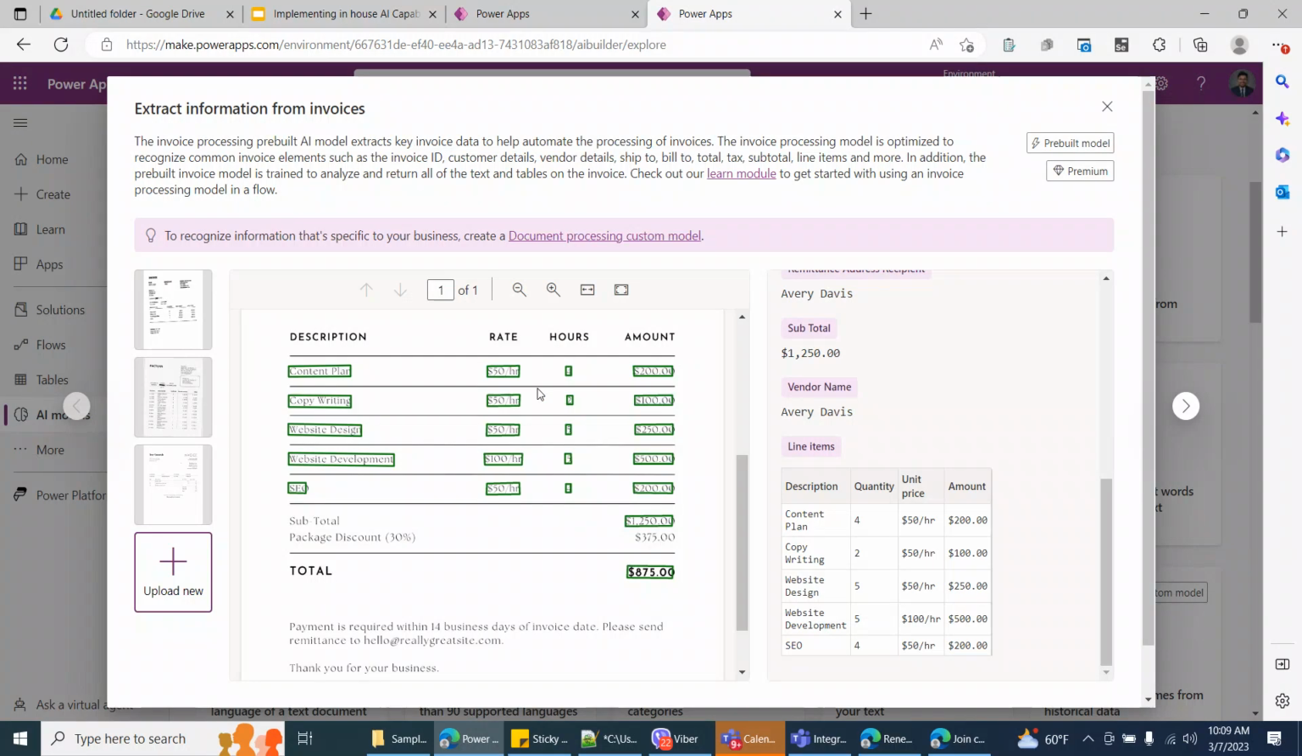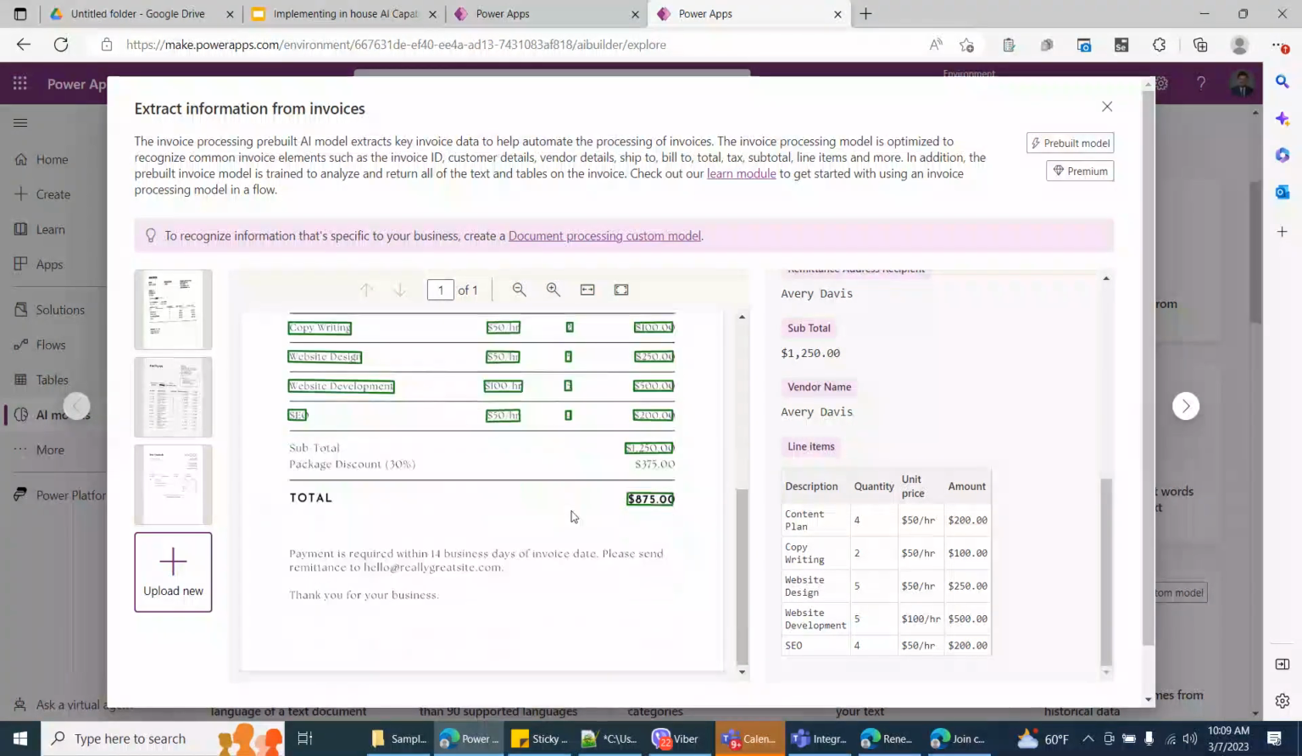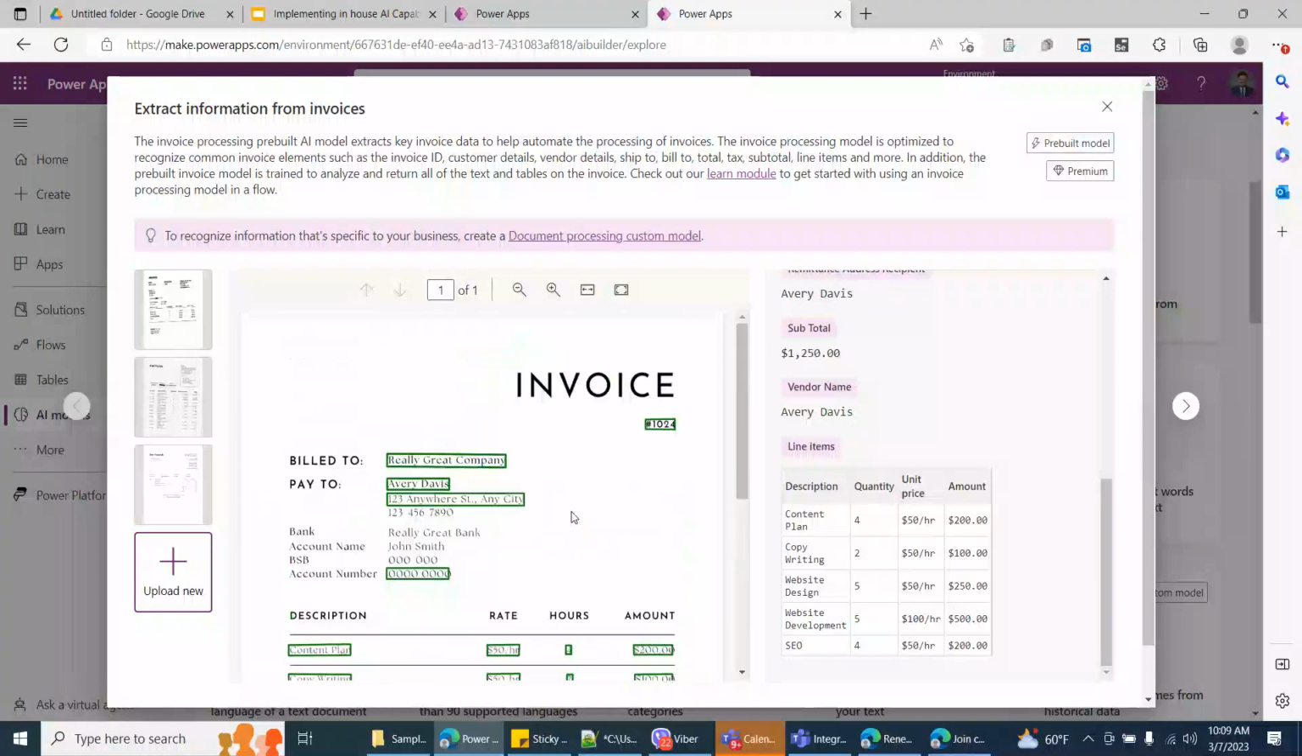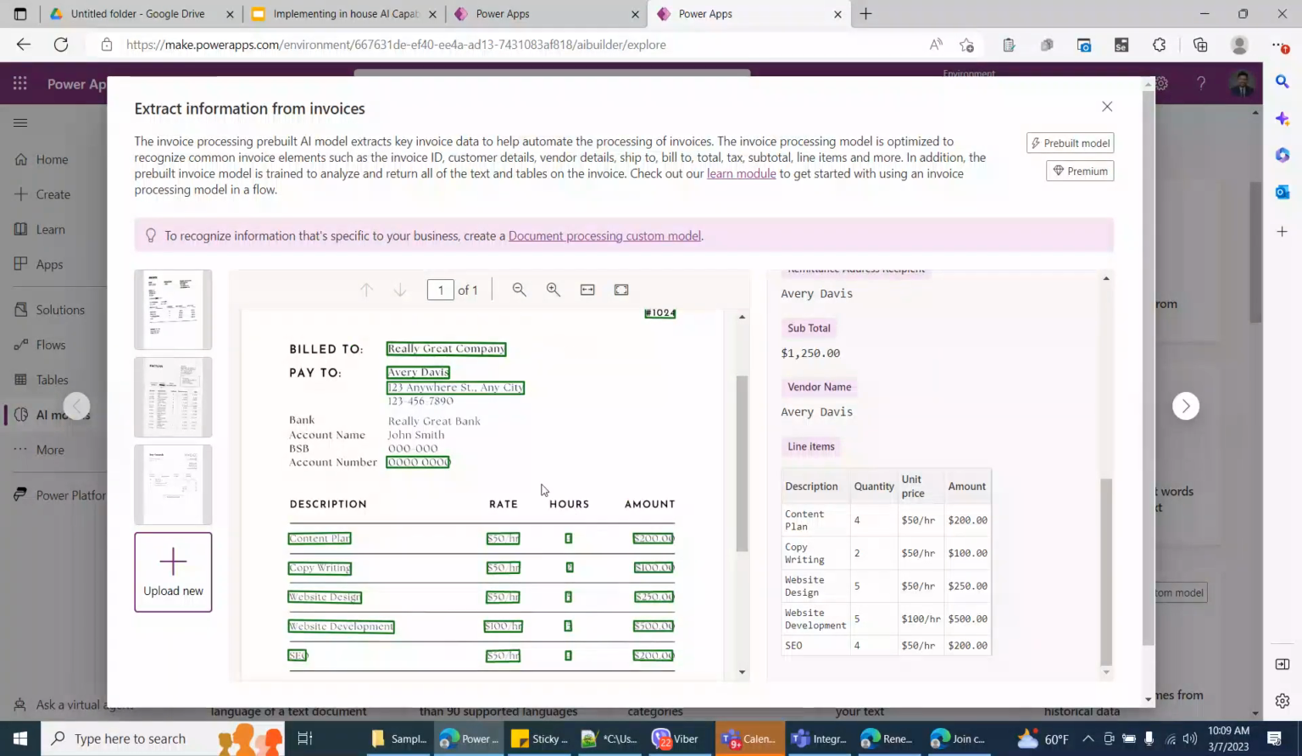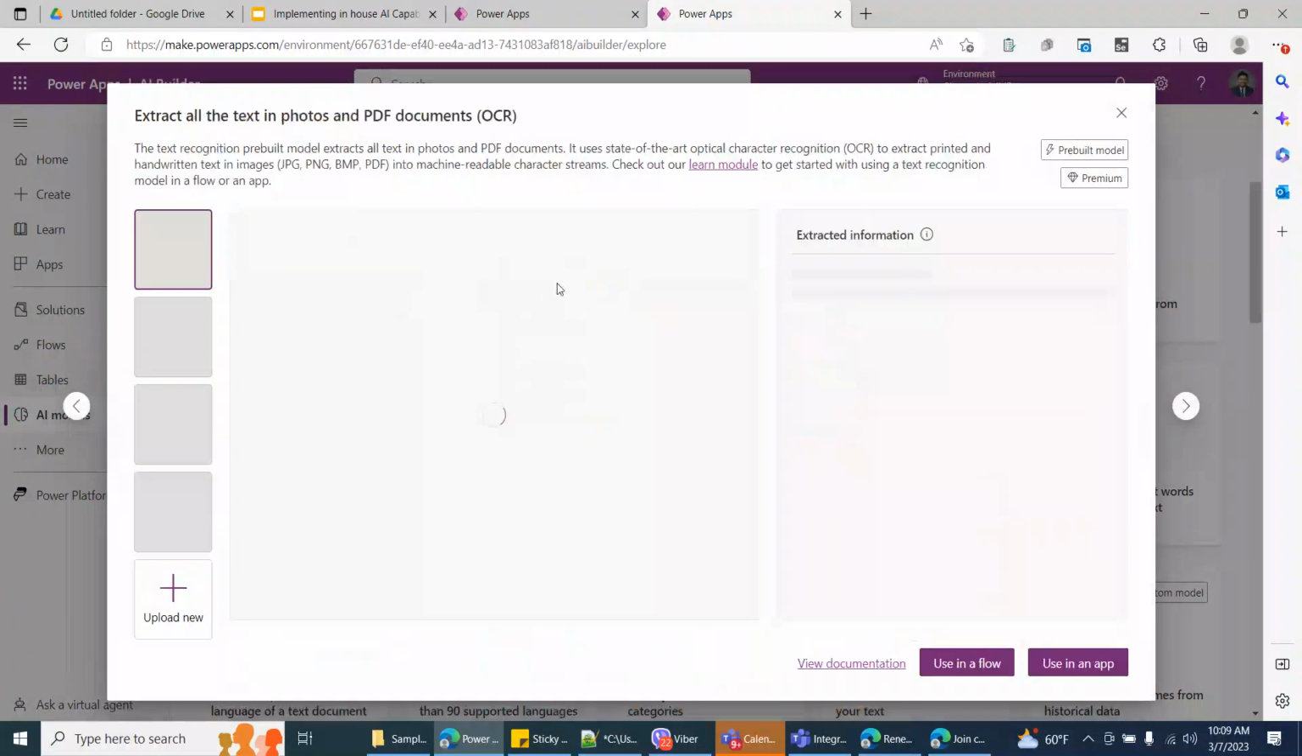So we don't have to do anything. This invoice model is doing all the things for us automatically. So when building an application, we can embed this model within our Power App and then use that app to collect the information and store it in our Dataverse. The next model that we have is